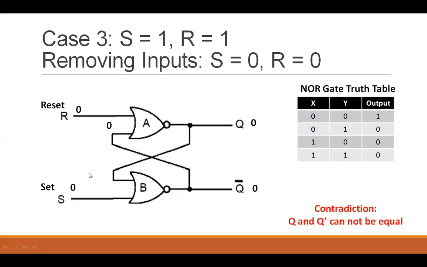If you start evaluating this circuit from the R side, this Q complement was 0, and this 0 will be fed into A, and 0 NOR 0 would be 1, and this 1 is now going to be fed into S. And the 1 from the Q will be fed into B, and as you know, it is going to keep the output of Q complement as 0. So now the circuit has gone into something which is not a definite state.